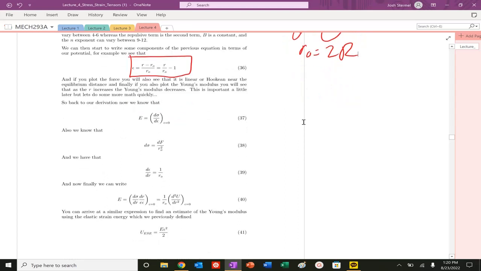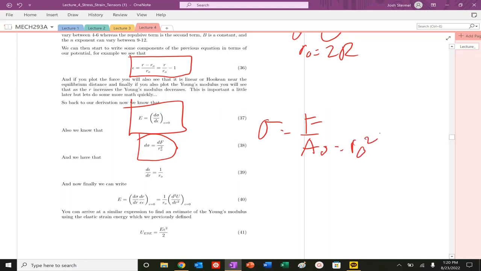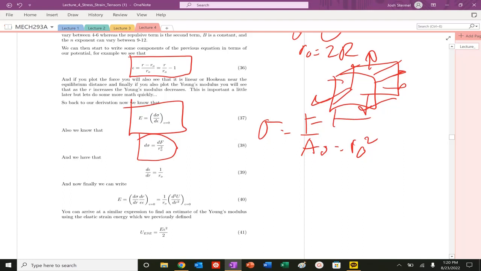So this is great. Let's rewrite our expression. So we know this is true. We also know that stress is equal to force over unit area. So this area, A naught, is equal to, if I have a cubic system, R naught squared. So if I'm pulling my cube like this, any normal stress, my cube side length is R naught, so it's just going to be over R naught squared. So I could rewrite my expression like this. If I take the derivative of this with respect to R, I'm going to get 1 over R naught. Again, this just falls from here, and this equation derives from here.